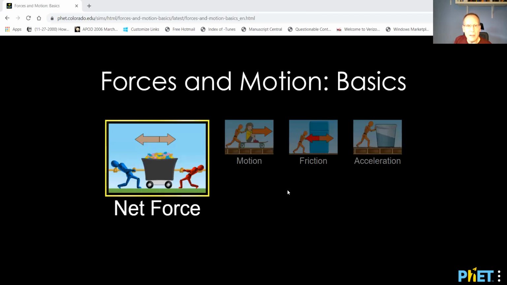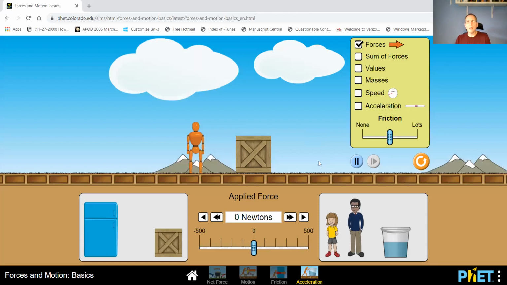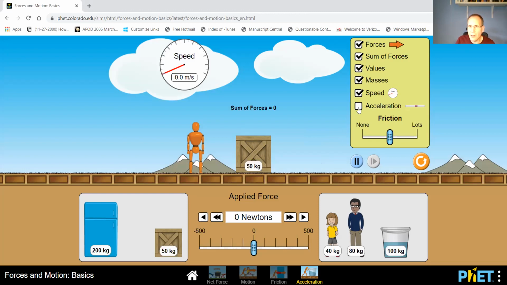Okay, so here is the PhET simulation. It's called Forces in Motion: Basics. And for this part, we're going to choose acceleration as our option. I'm going to click on that. And we want several pieces of information here. So we want the forces, the sum of the forces, values, masses, everything but acceleration. We'll click that later because we want to calculate it first